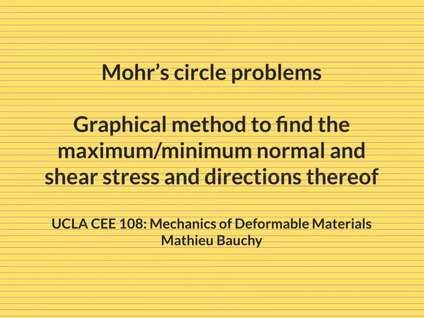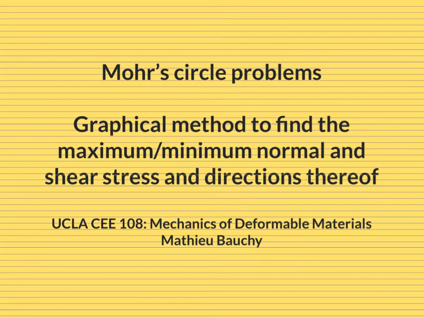And in contrast, ductile material typically breaks due to shear. So in this case, if you consider a ductile material and want to see in which direction it's the most likely to break, then you would have to find the direction along which the shear stress is maximum or minimum. In this case, you can break with the same probability a given material by applying a positive or a negative shear stress. So in this case, only the absolute value of the shear stress matters, not the sign,